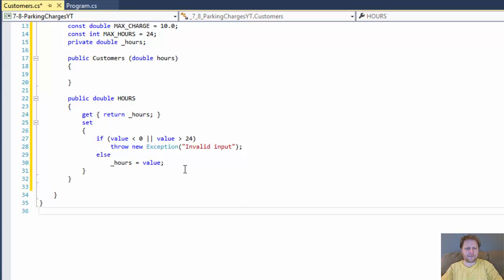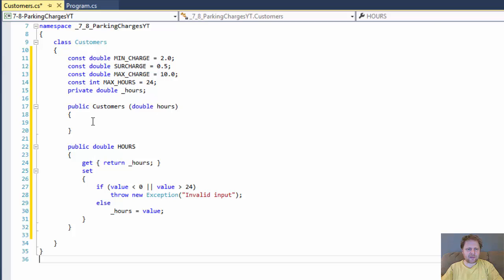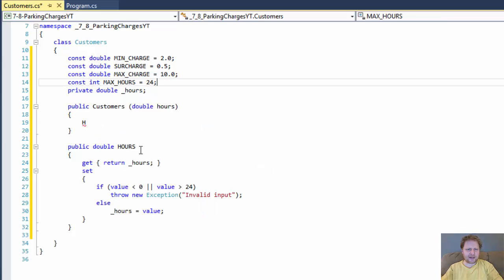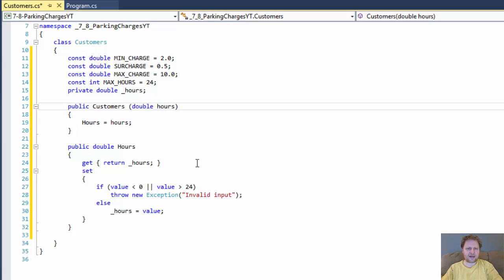All right, so we got the hours. So over here we have to assign our property. I don't know why I did it all capitalized. It's supposed to be just like that. So our hours now equals the hours that the user supplied. Our property hours equals these hours. All right, so we make sure that the value is correct, and